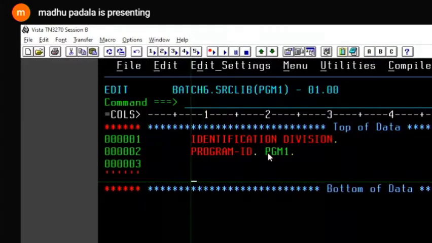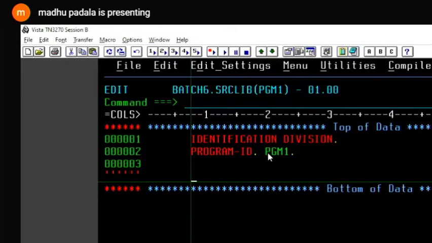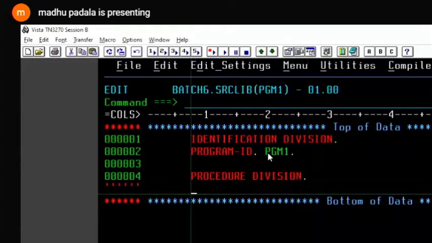Next, you can give any number of blank lines. Then one more division needed to execute a program is the procedure division, where we write the logic. I have a simple logic here: display, this is my first program.